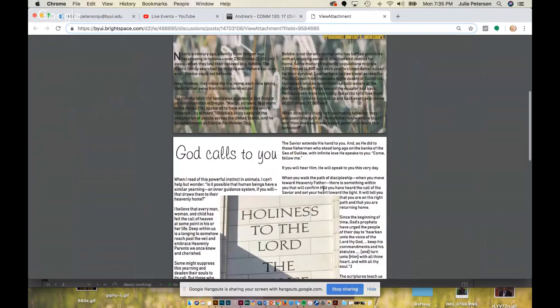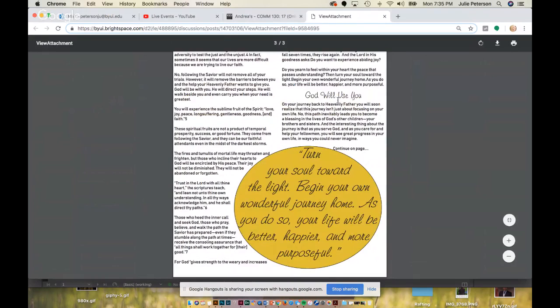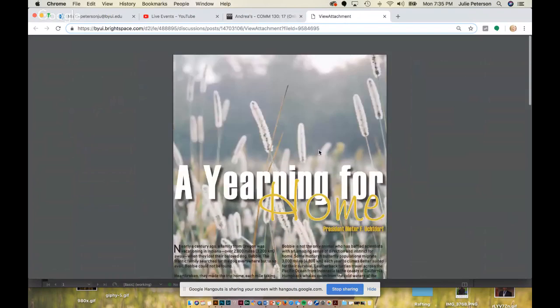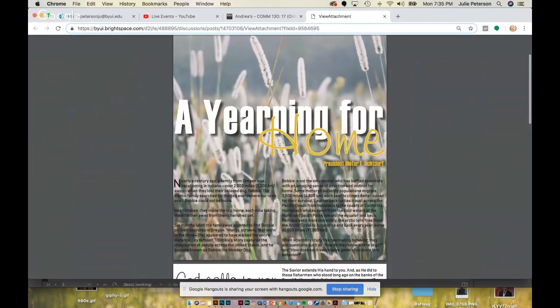And the consistency on those. I love your title, the contrast in the typography. Just love how this turned out. It looks really nice. President Uchtdorf's a little hard to read. Maybe I would make that just a little bit bigger or even make it white. If you make it white, it might be easier to read and just a little bit larger, okay? Just a little bit. I like how small it is in comparison to the title, but just maybe a little bit so it's not so hard to read.